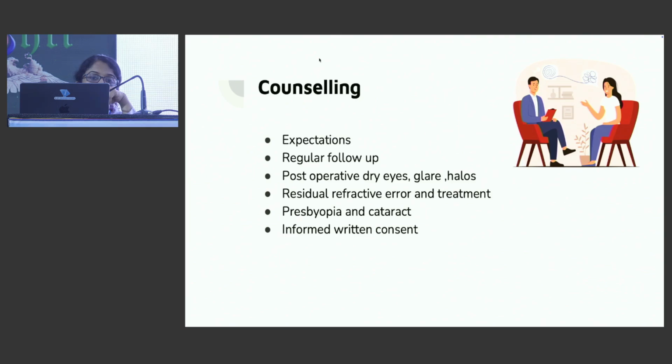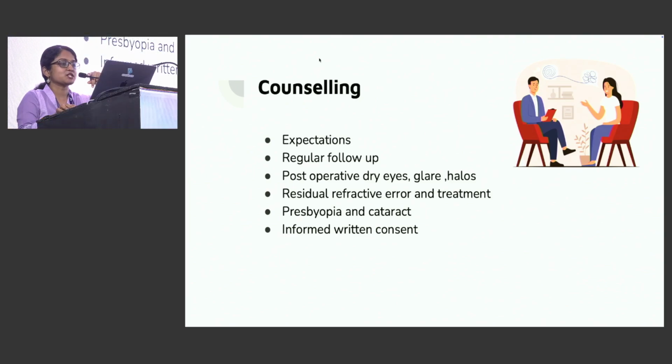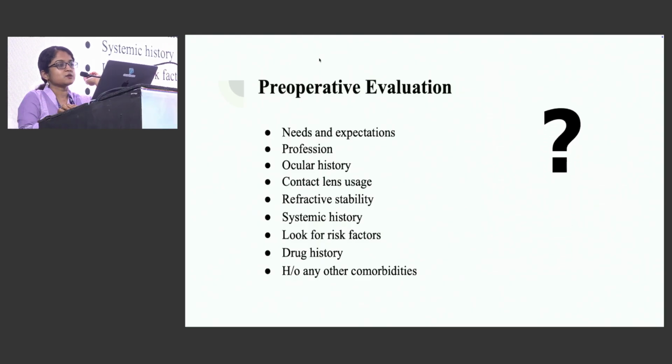So we have to see what the patient expects, whether the patient will be coming for regular follow-up, whether the patient has any risk factors, and always an informed written consent should be taken. So the preoperative evaluation should include what the patient expects from the procedure, the profession of the patient, any ocular history, any contact lens usage, the refractive stability, any systemic history, any other risk factors, drug history, and any other